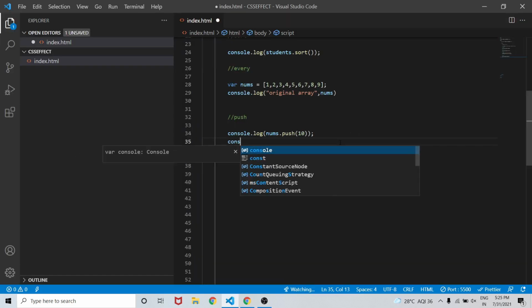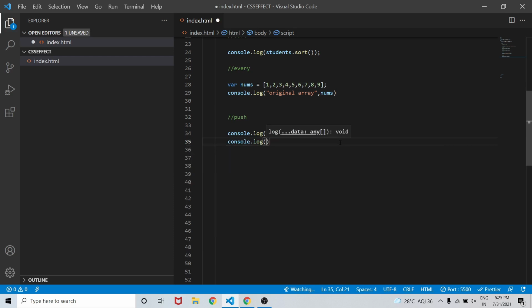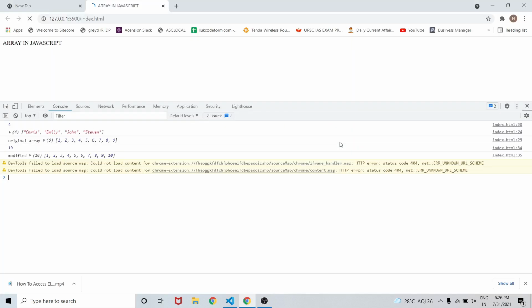So now if I console.log the modified nums, we will be seeing that 10 has been added after 9 to our original array. Now if I save the changes, you will be able to see that original array is having element 1 to 9 and the modified array is having element 1 to 10. So these are the methods in our array.